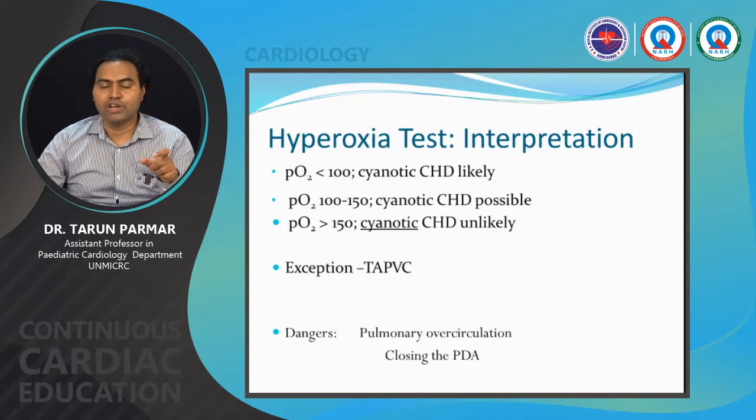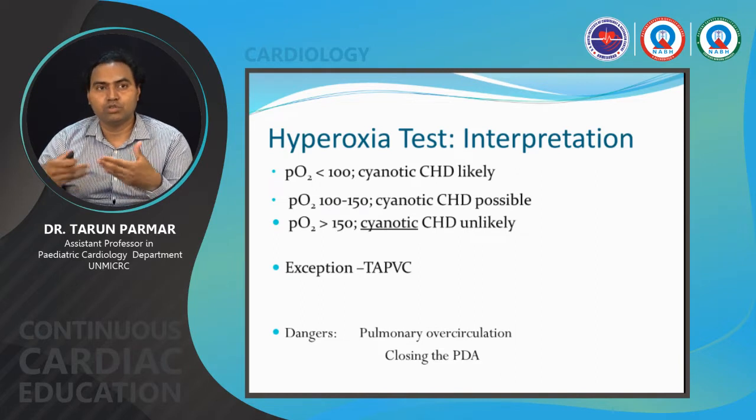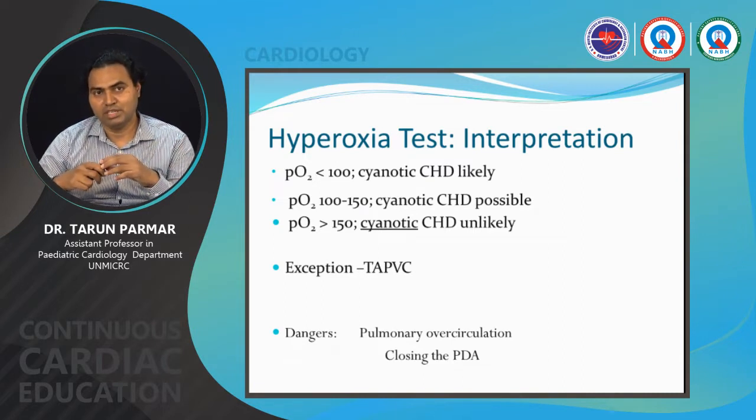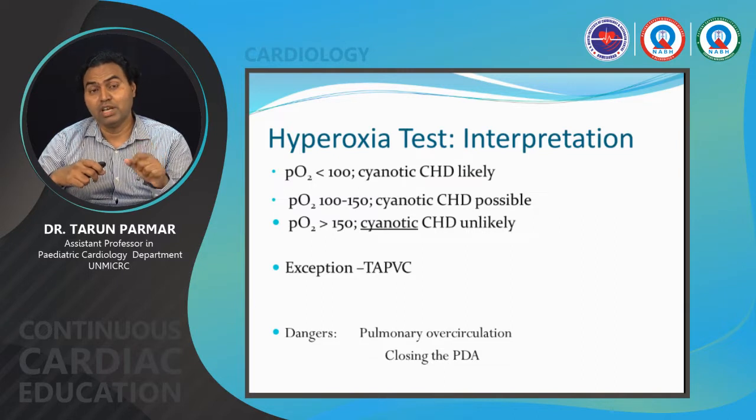We have done the echocardiography. The echocardiography was done by a person not trained to see congenital heart diseases. So he has given the report like RA and RV are dilated, there is moderate TR and severe PAH, and PDA and ASD are shunting right to left. But he or she is not sure about the pulmonary venous drainage, and other conditions. So I told him to do the hyperoxia test, and when they did the hyperoxia test, PO2 turned out to be low, then I told him that this is a cyanotic CHD, most probably